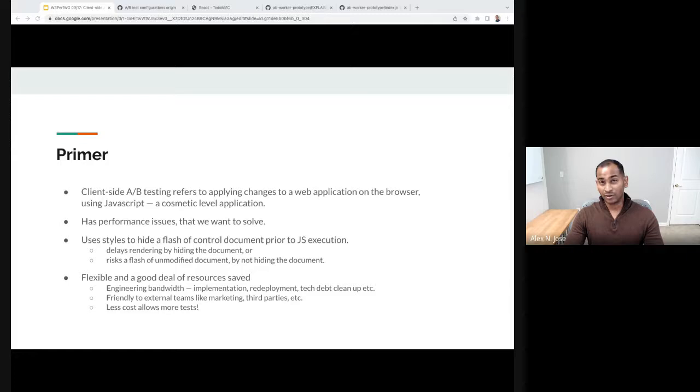And I call it a cosmetic level application because usually these changes are not integrated to the primary source code, and it could be from an A/B provider, but the key differentiator of this method is actually that most of it gets applied on the browser using client-side scripting, and usually it's JavaScript. And because we are using JavaScript, it usually has a performance penalty associated with it, which is why it's of